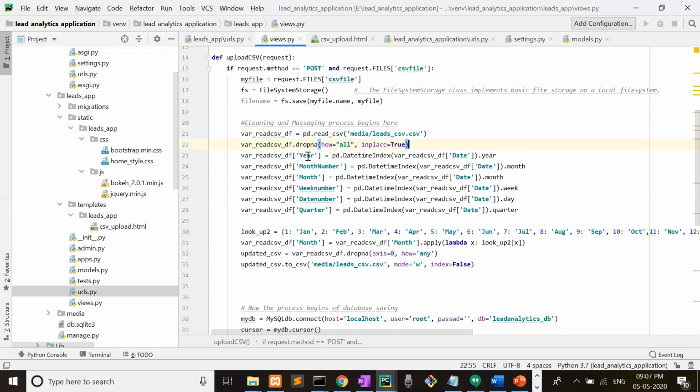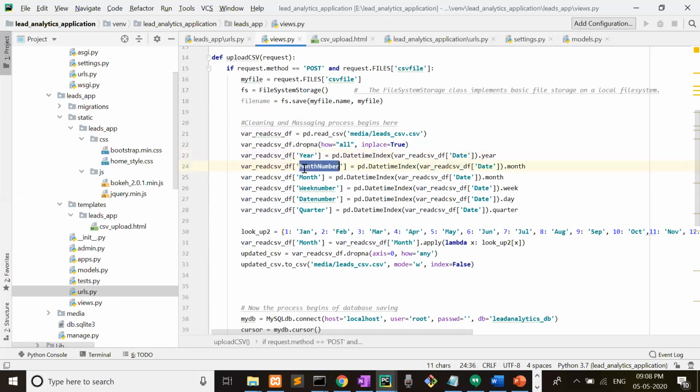Another thing, year. We need year also. The year comes from pd.DatetimeIndex of the read CSV data frame date, dot year. That means extract the year from the date, because in every CSV you will get the date only. Nobody will provide you year, month and quarter. So this is called the massaging process.